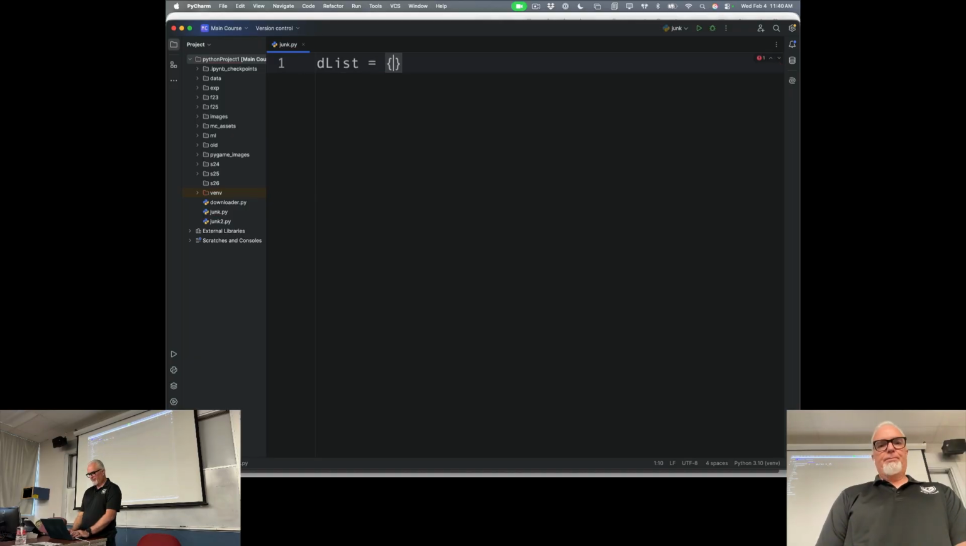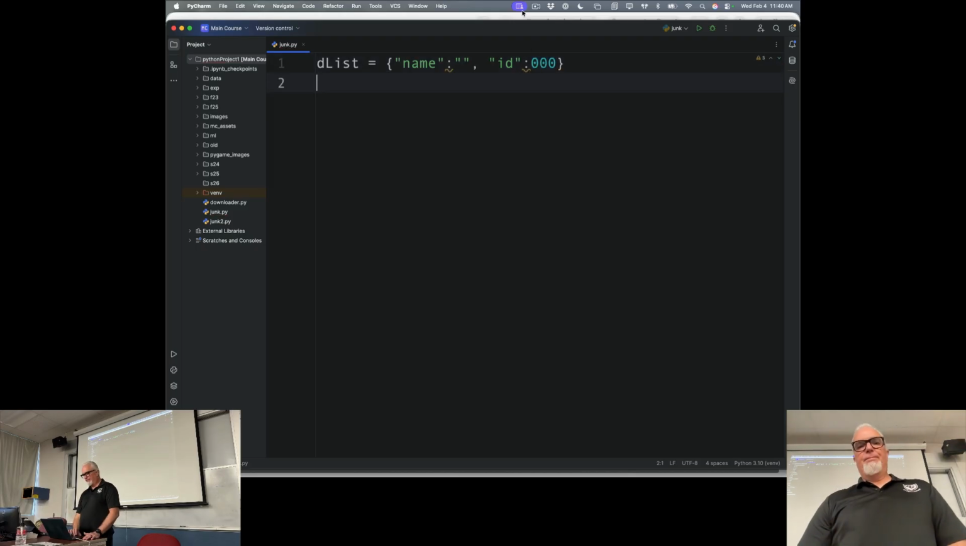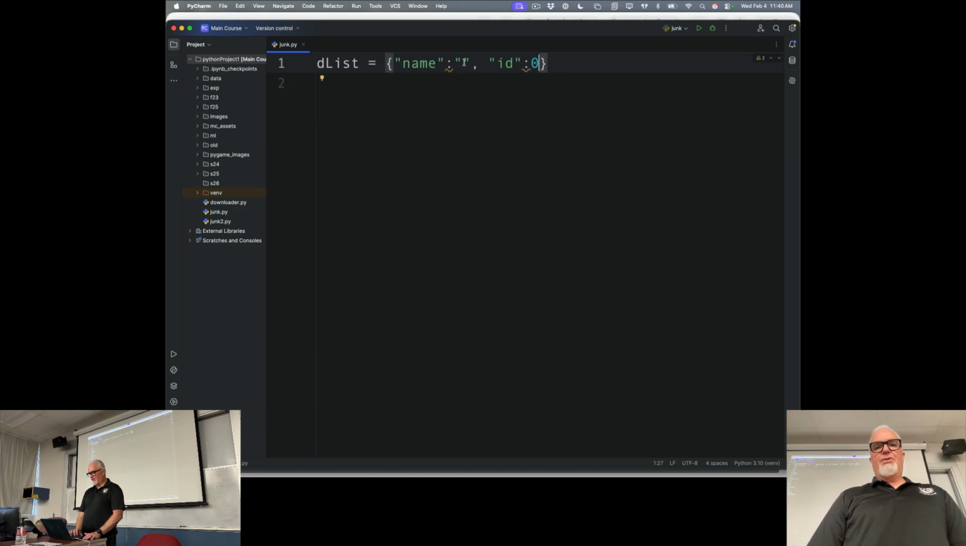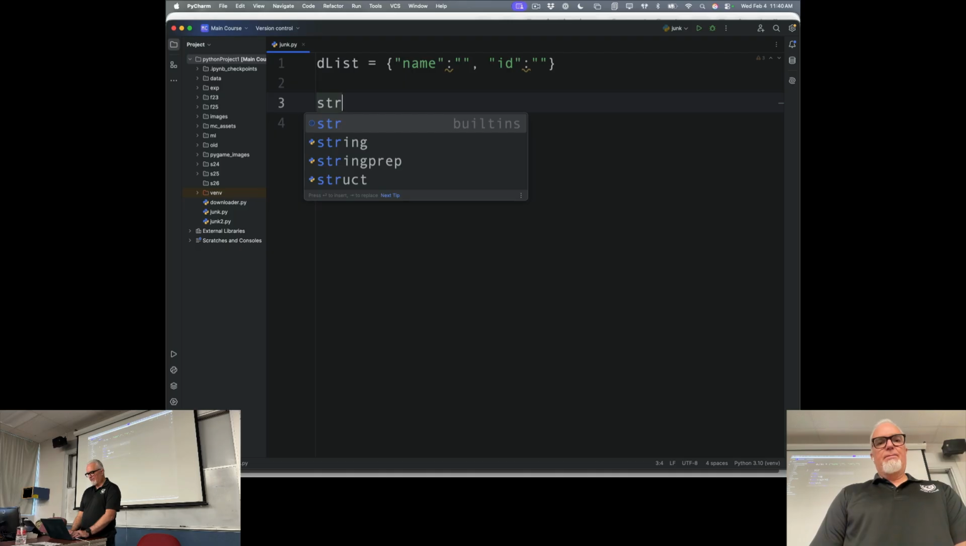I'll use a dictionary here. And I'm going to create an empty dictionary with just the placeholders. Okay, so I'm going to do that. It's got an integer and a string. String for name, integer for ID. And then I'm going to say this. Actually, I'm going to use a string for the ID also, just to keep it simple. I'm going to say str